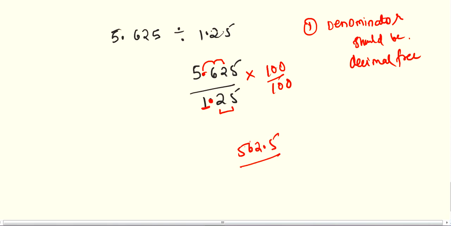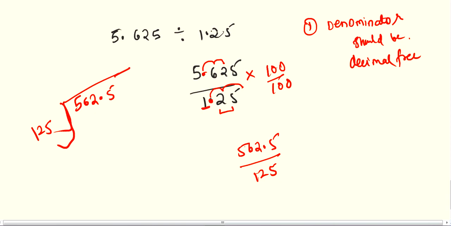562.5 divided by, this will make two jumps, so it will be completely 125. Now divide 562.5 by 125. So you can take 562 as well. So 125,